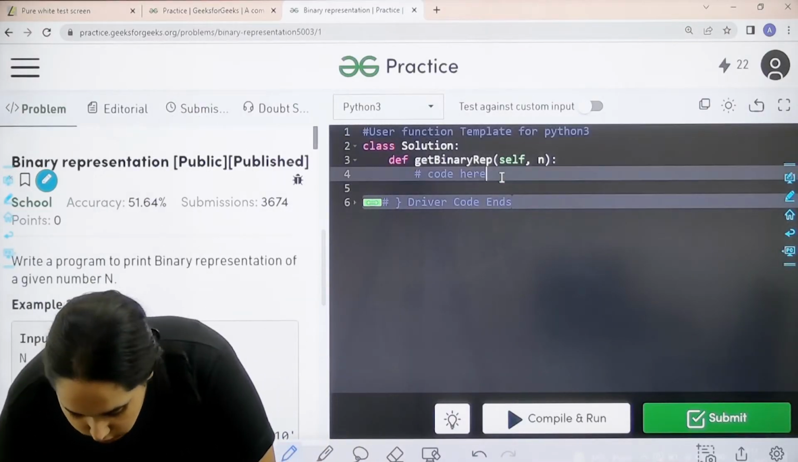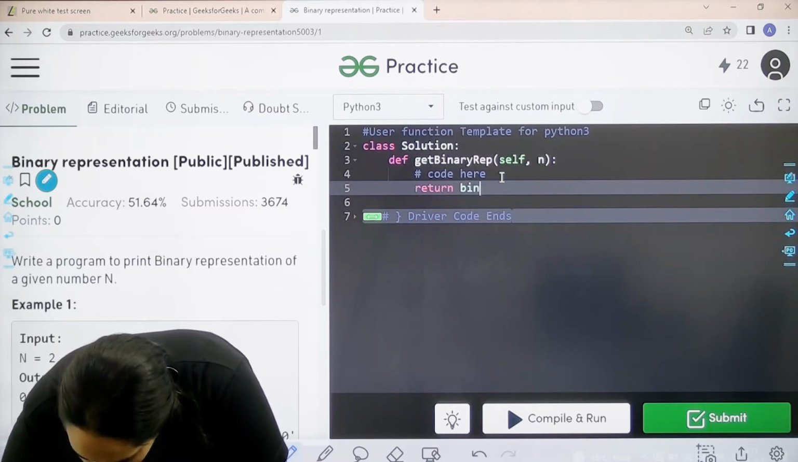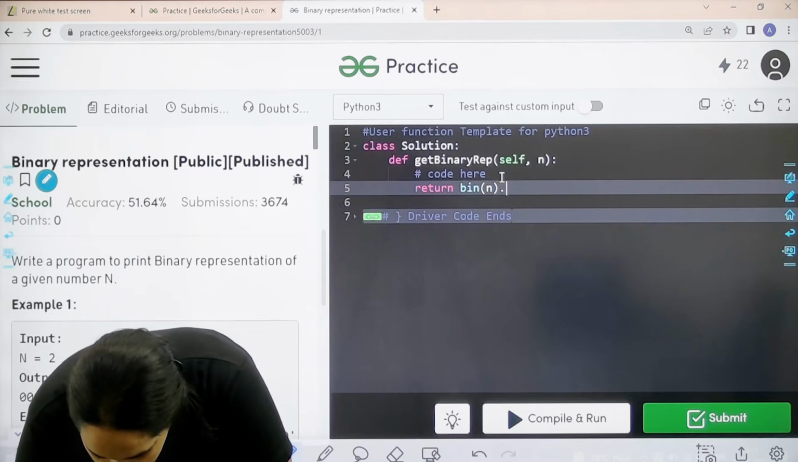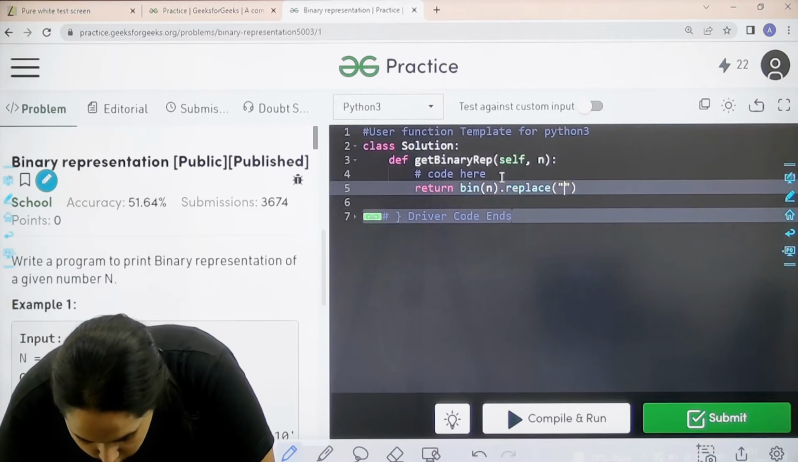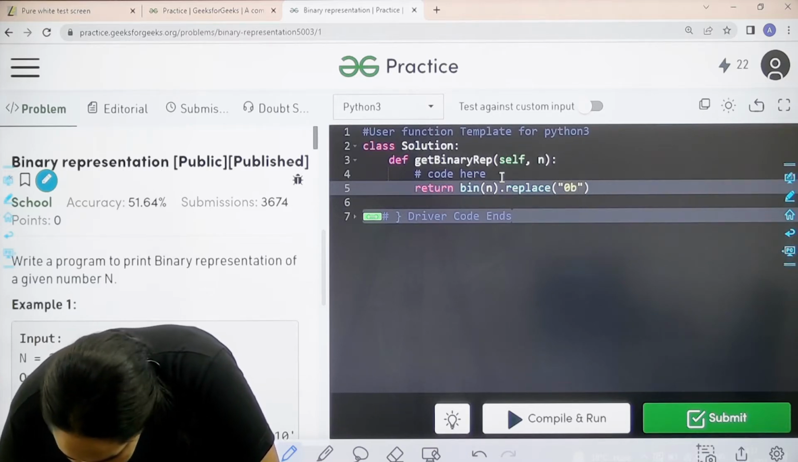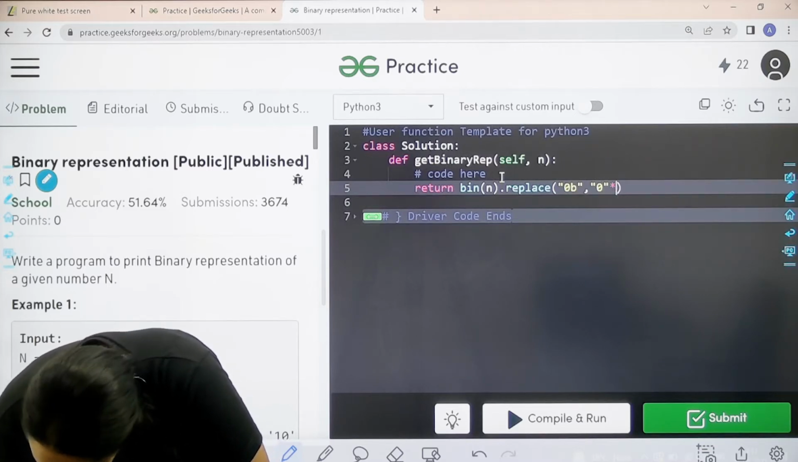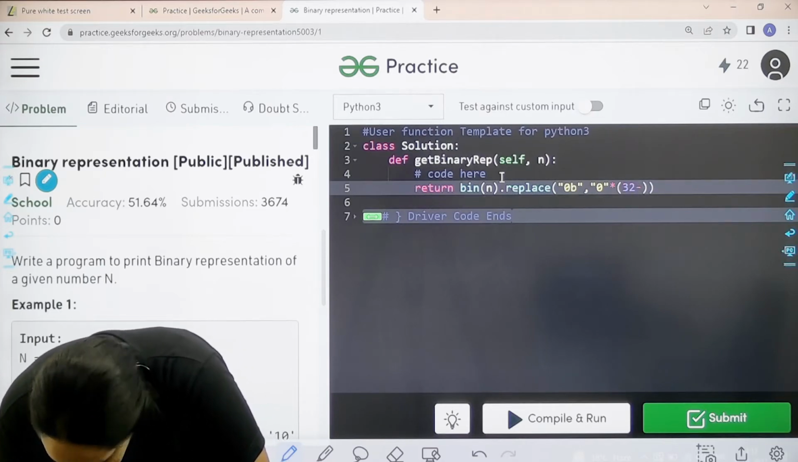So I will just do it in one line. Return, after return bin of what? You need to do it for n. Then dot, what do you need to do? You need to replace something. What do you need to replace? You need to replace 0b by 0 and then multiply. You need to add those zeros in the end. So for that, 32 minus len